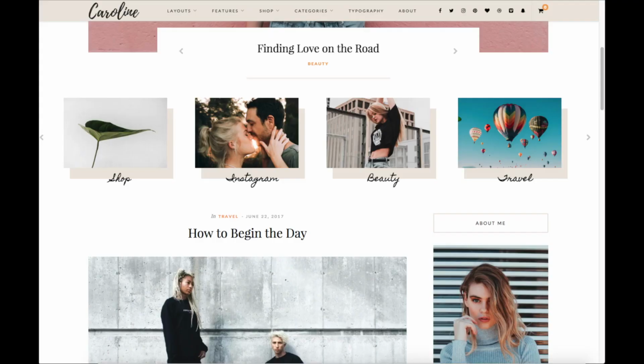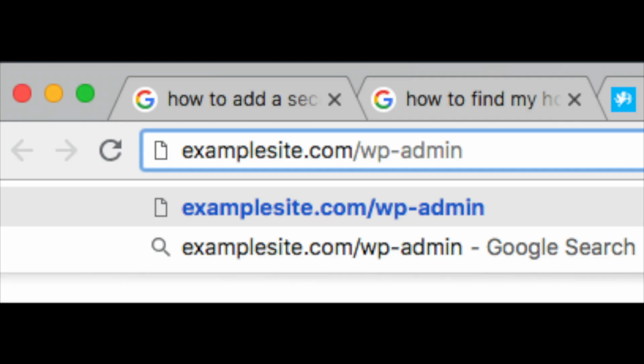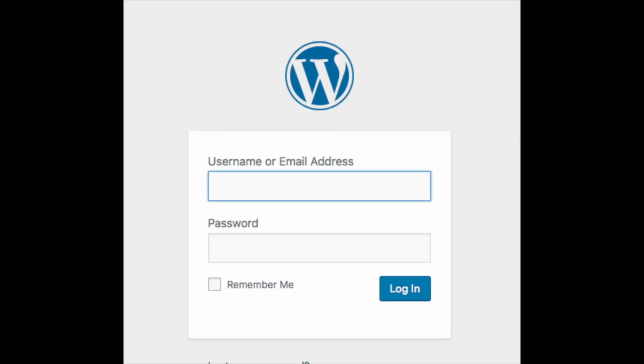In the top left of your WordPress dashboard, you will see welcome here or your site title towards the top of the page. Click this to view your site. To log into your WordPress dashboard, you can do so via the Bluehost cPanel or by typing in your domain name with a /wp-admin. Here's an example. It'll bring up this page here. Just input your login credentials to be logged into WordPress.